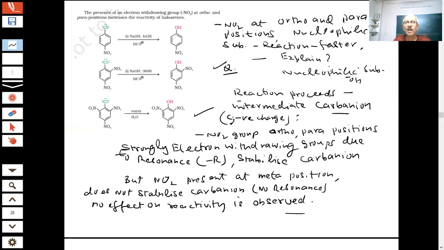Note down the points I have noted. This was a very important question which we discussed in the reactions. Nucleophilic substitution reactions we have discussed. Elimination reactions we have discussed. And reactions of haloarenes we have discussed: nucleophilic substitution, and under what conditions they take place. And we have also discussed the very important question of substitution versus elimination. Do you have any doubts here?